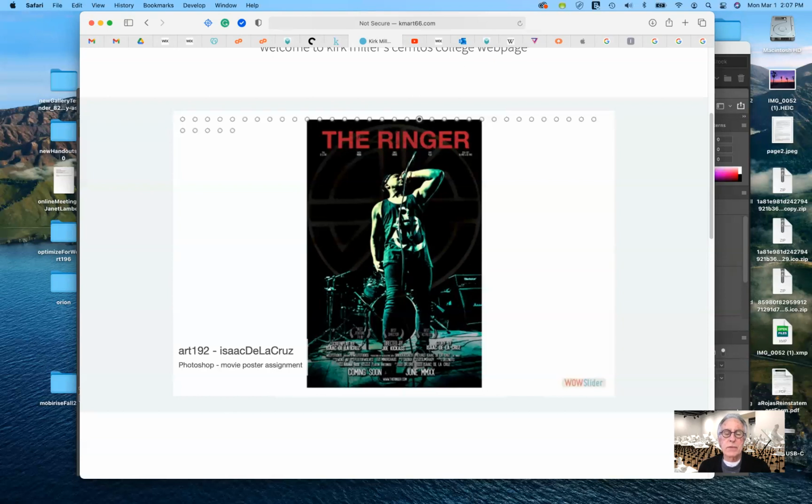So to give you some parameters of the movie poster, it has to be 11 by 17. It needs to be a minimum of 200 pixels per inch, ideally 300 pixels per inch. It needs to have a title. If you want a subtitle, you can also add that. It also needs to have credits, and that's what you see down here.